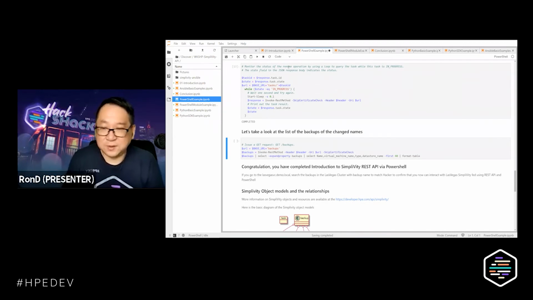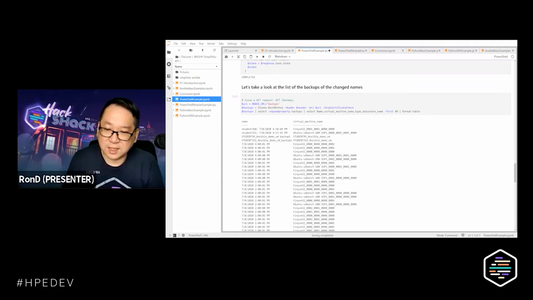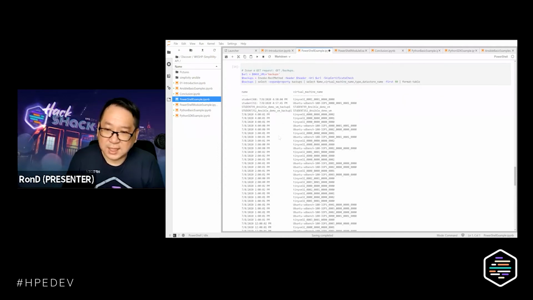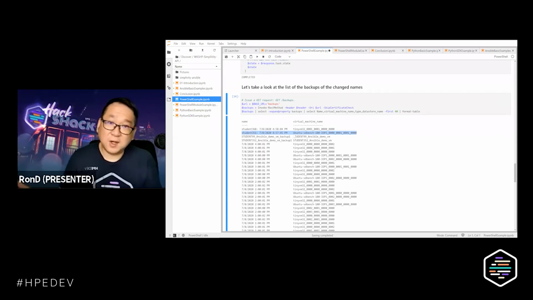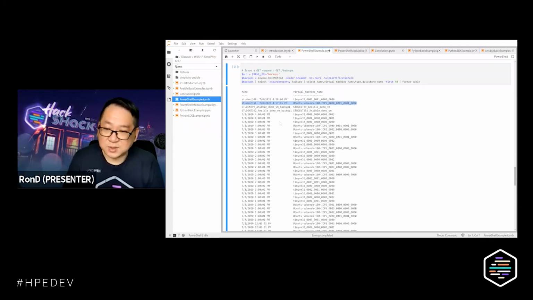Now, for you to see the changes, we can issue the same type of operation again. I am student 351, and apparently I have copied that particular backup, and you can see that the backup has already changed there. And here, there we go. This is how we do the automation using PowerShell for REST API. I can see some students already doing that.